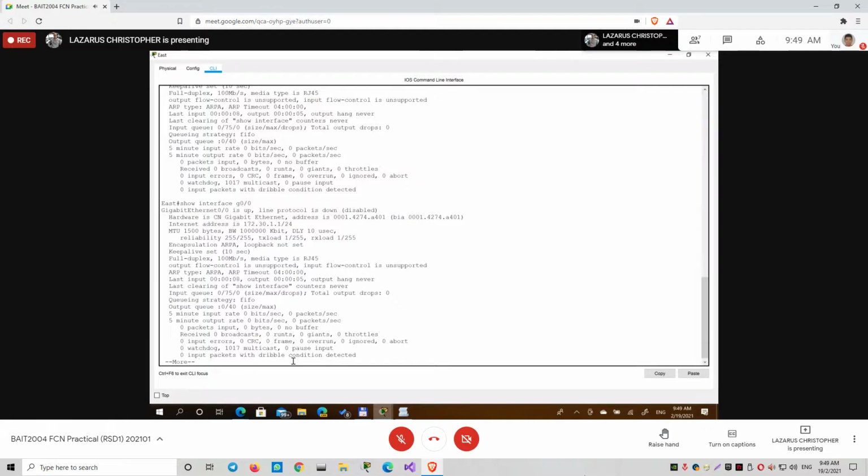Because remember, all the end devices in your LAN will be sharing that link between your switch and the router, especially if all the end devices want to communicate outside of the